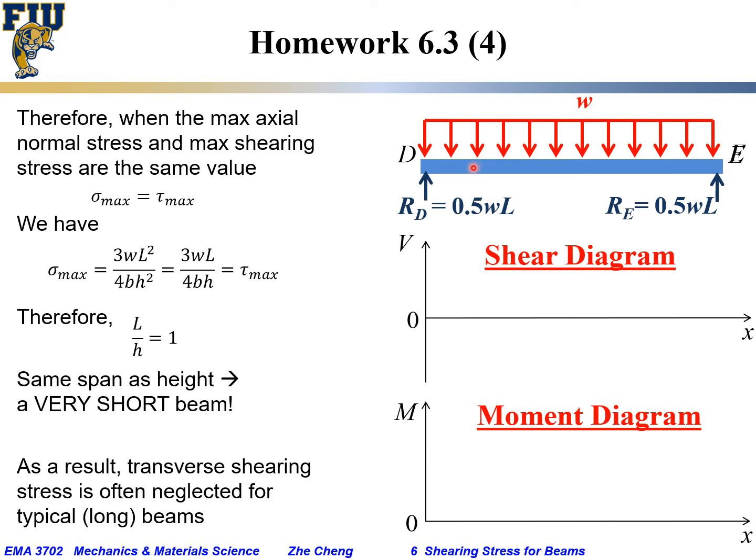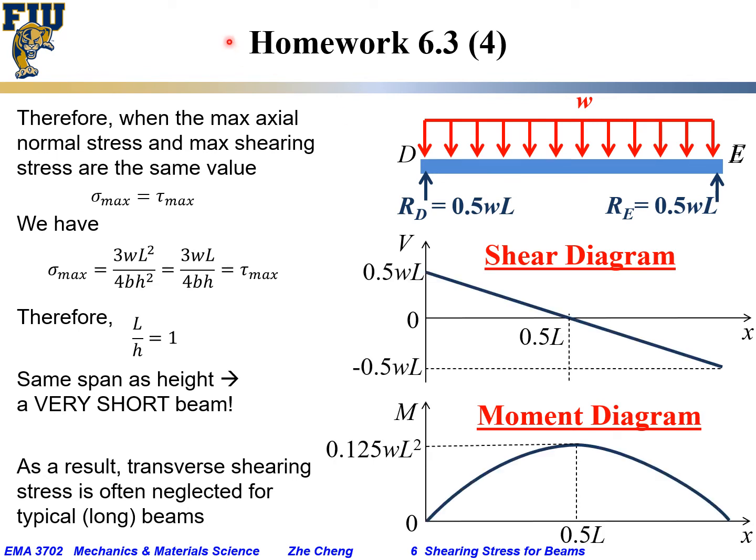Now finally, let's make them the same. When the maximum axial normal stress and maximum shearing stress are the same value, which means sigma max equals tau max, we would have sigma max from previous, 3WL squared over 4BH squared, equals tau max, which is 3WL over 4BH. And of course, 3 and 3 cancel, 4 and 4 cancel, B and B cancel, L and